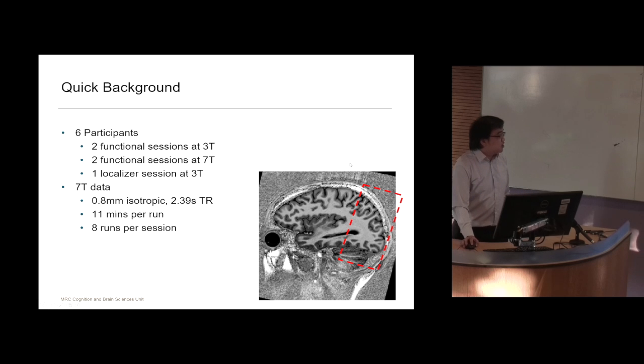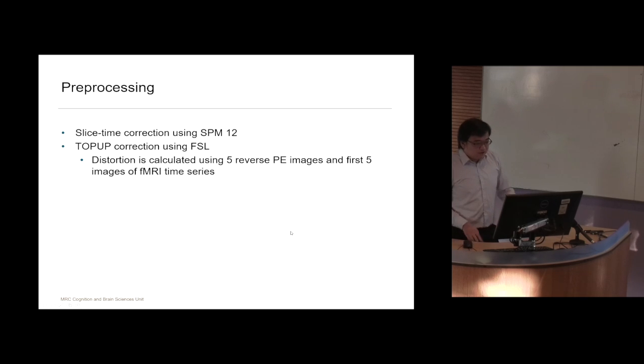And in terms of acquisition, because we are interested in both the early visual areas as well as the higher visual areas in both the dorsal and ventral stream, we had a relatively interesting acquisition orientation. So if the images later look slightly weird to you, it's because we are using this acquisition box. Right. So for our data, the first thing we did was slice time correction using SPM12,